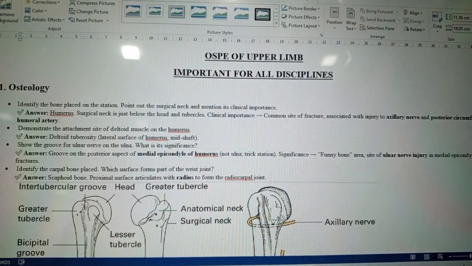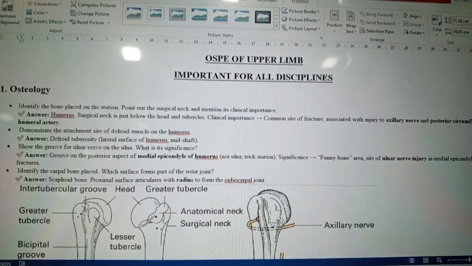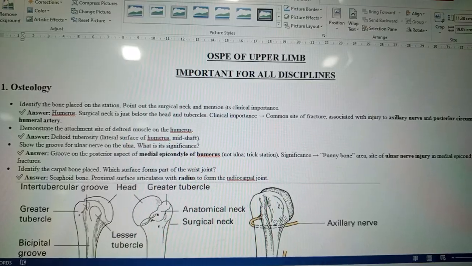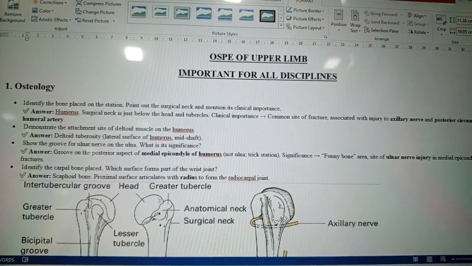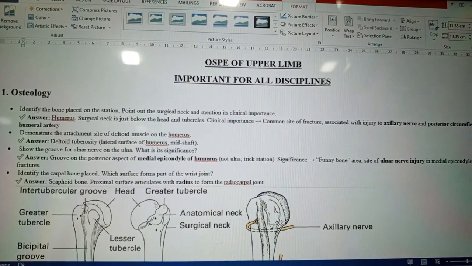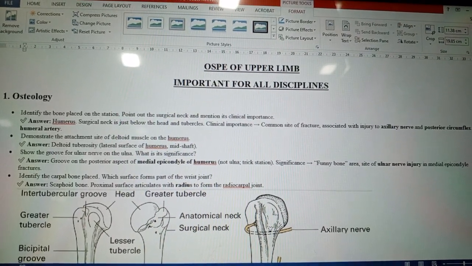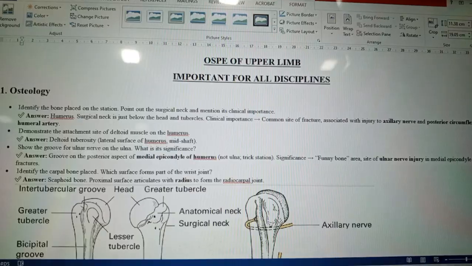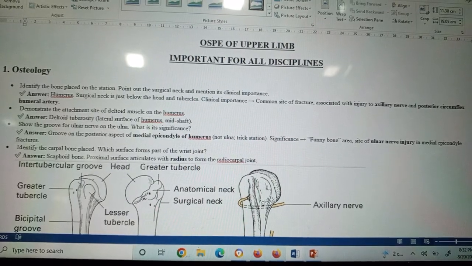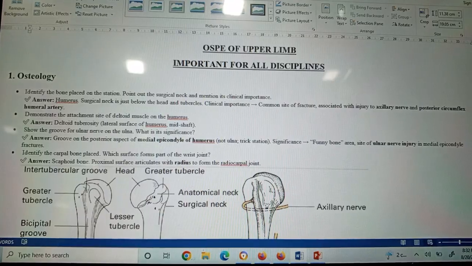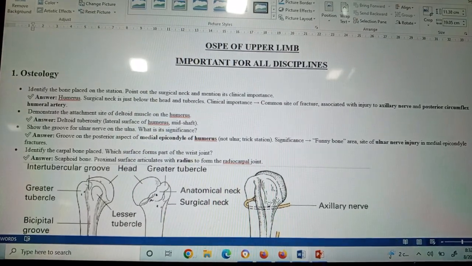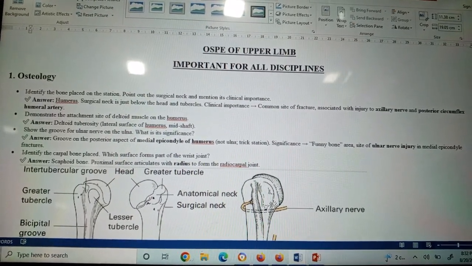In the interactive station, a bone can be placed. The facilitator can ask you to identify the bone, name the bone, hold it in the anatomical position, and identify the side of determination, whether it is a right side bone or the left side bone. Now, the most commonly asked question is to hold the bone in the anatomical position,